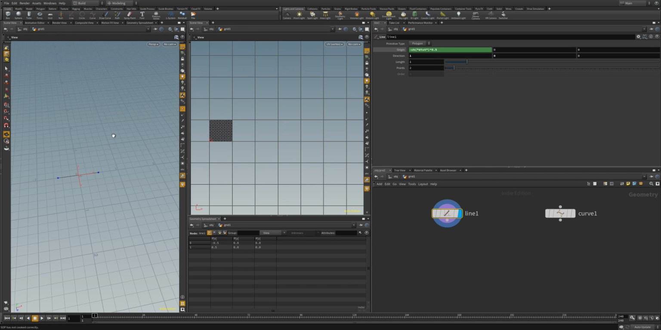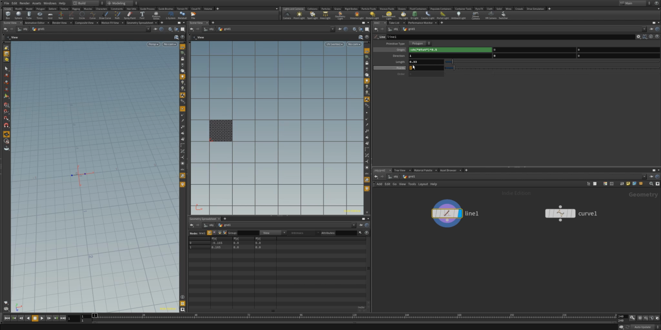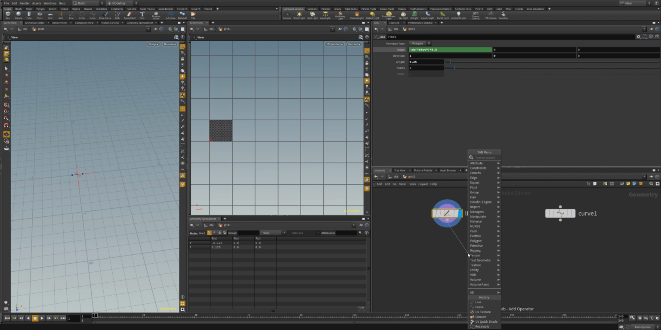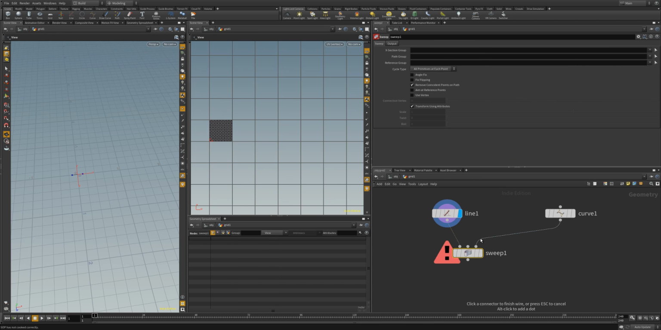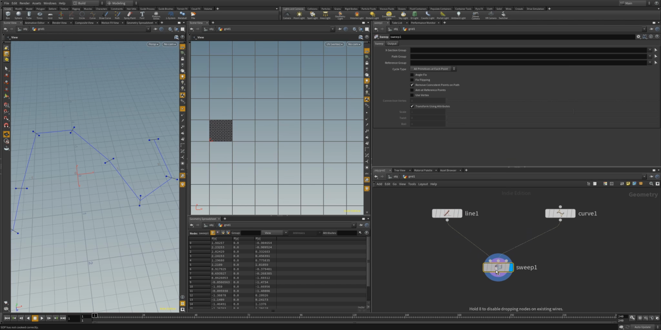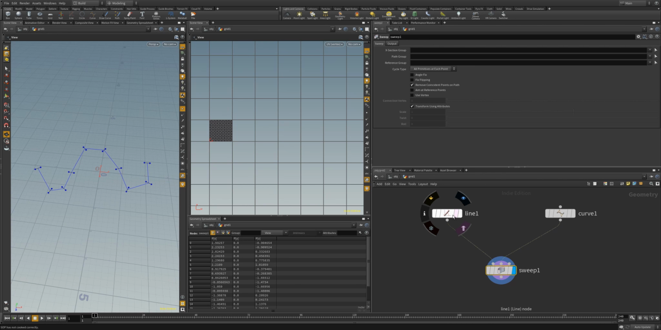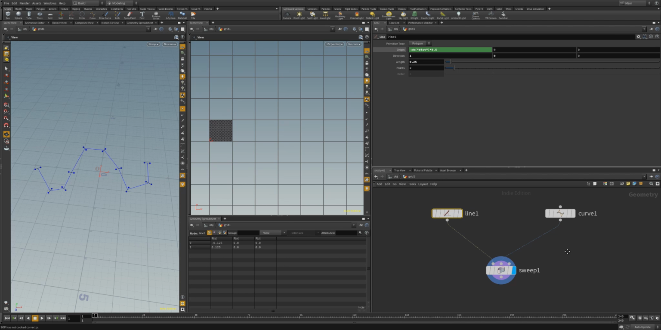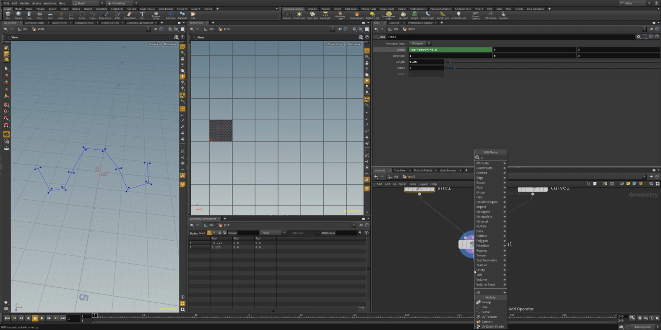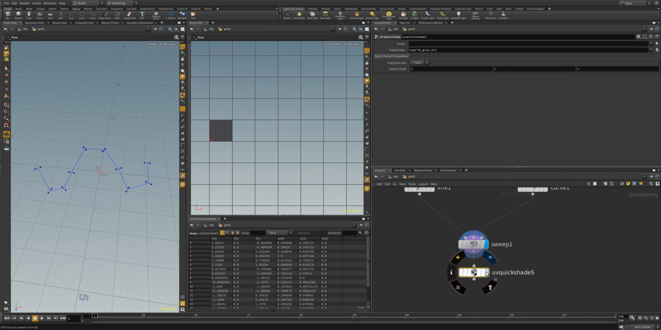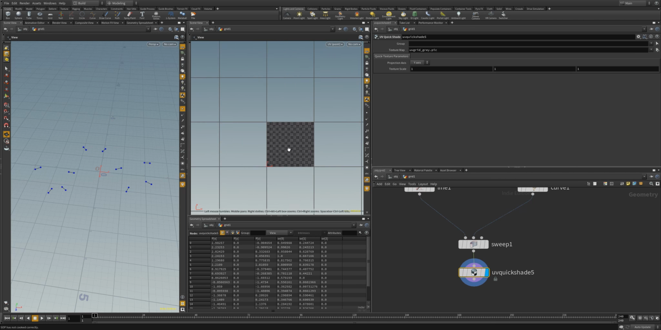Negative. There we go. So now as I make my line longer, it will stay centered on my X axis. Let's make this a little bit smaller, so I don't know, like 0.25. That'll be fine. And then I'll just make a sweep, and we'll connect our backbone. And now I've got my line swept across my backbone. And I can go ahead and throw down a UV quick shade, and we'll see that it actually comes